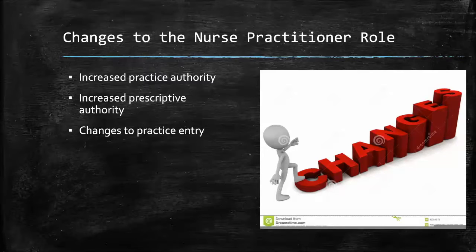Currently, the family nurse practitioner has full practice authority in 22 states and Washington, D.C. This means that they can provide practice independently without a collaborating physician. 16 states have reduced practice authority, meaning that nurse practitioners require a collaborating physician for at least one aspect of the care they provide. And 12 states have restricted practice authority, meaning they require team management, delegation, or supervision by a physician in order to practice.